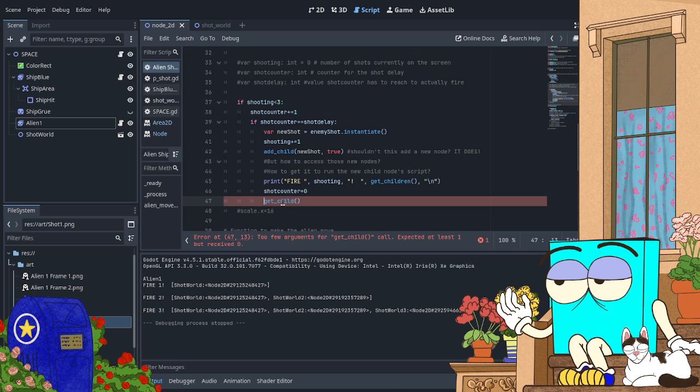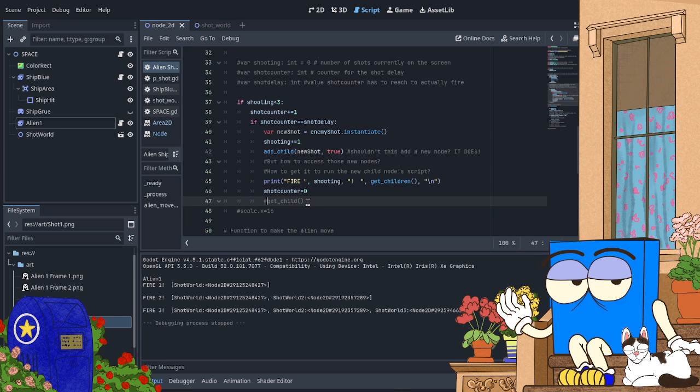And I see there's index and include internal. So that's great. That means I can call the children by index when I create them.